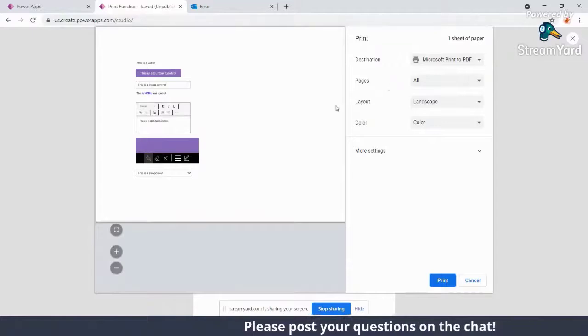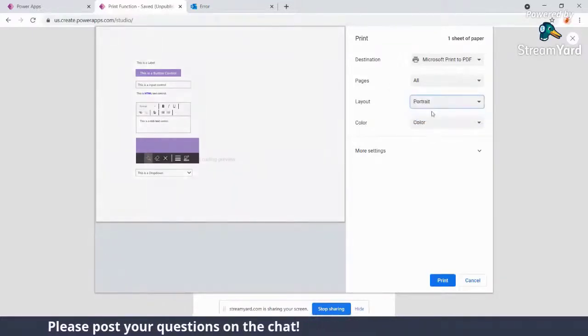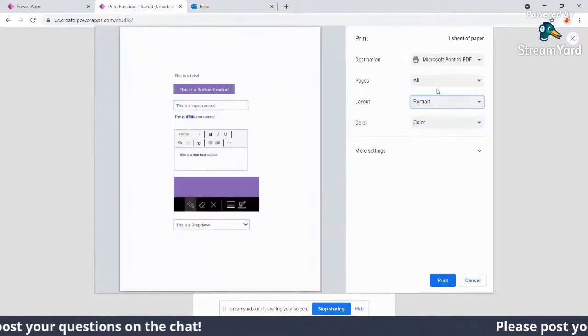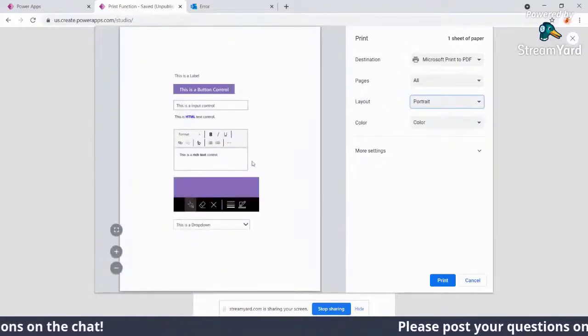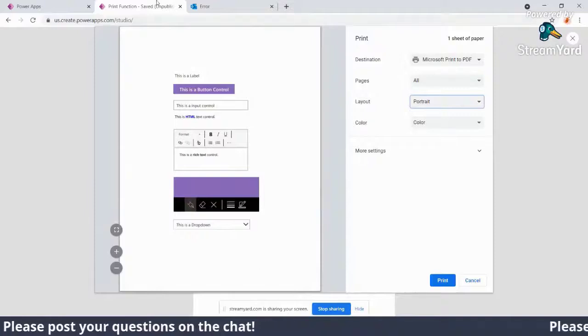So even though I created a portrait screen, if I want to print it as a portrait, I have to select it here, like portrait. Then my controls will be much more intuitive, because now it is coming on the whole screen, whatever is getting printed, and the same was there in my app.